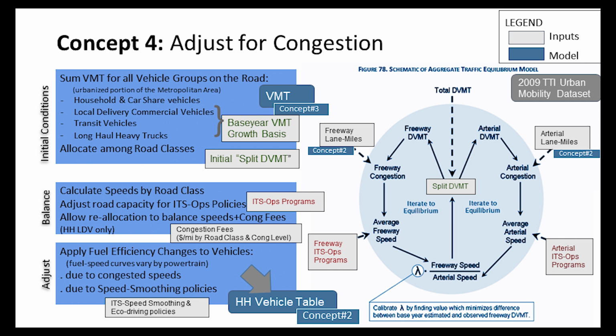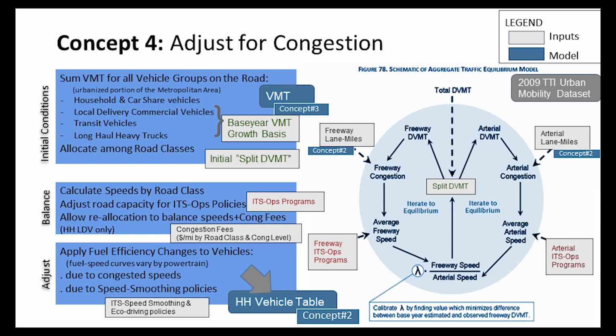whether you're a small city or a large city. You're going to have different sensitivities to this, and this is all based on, I think I put up the urban mobility report. Anyway, it'll show up there, the urban mobility report data that this is based on. Okay, so then you've gone through all that, and now you've got speeds that are at some kind of equilibrium, and we can go back and do some adjustments. So we go to the vehicles and we change their fuel efficiency, miles per gallon or miles per kilowatt hour, based on